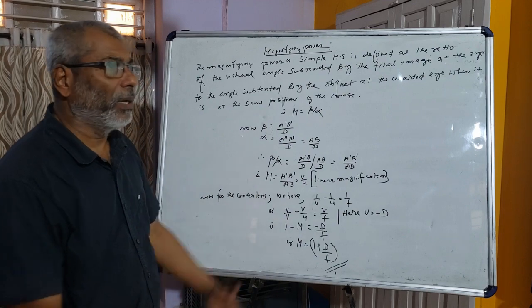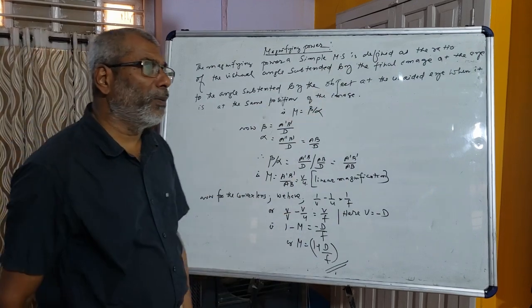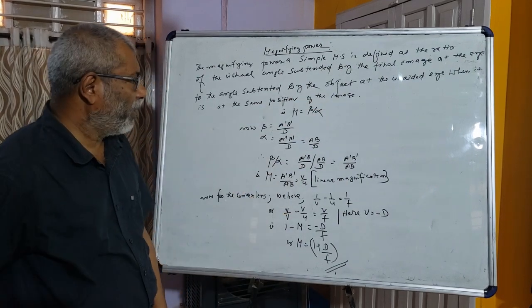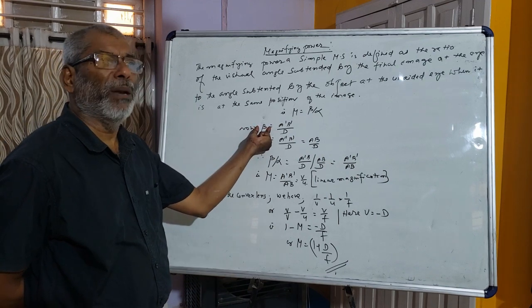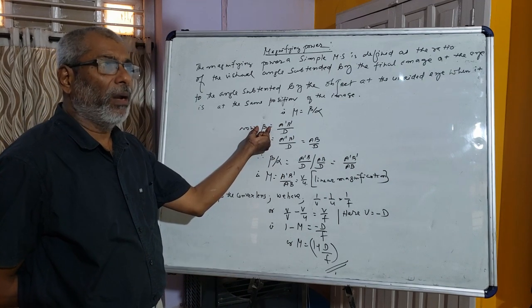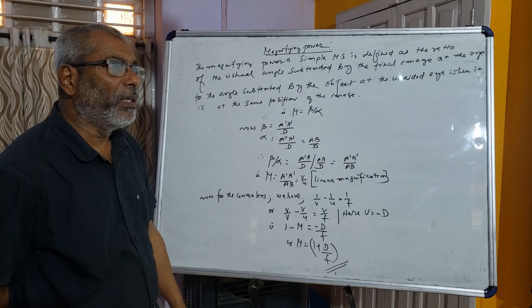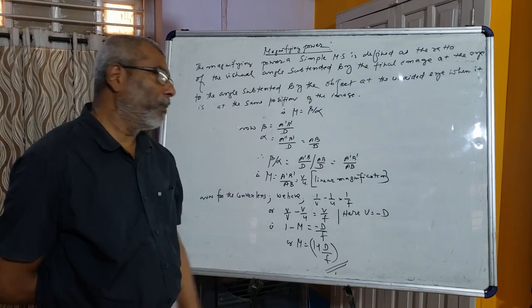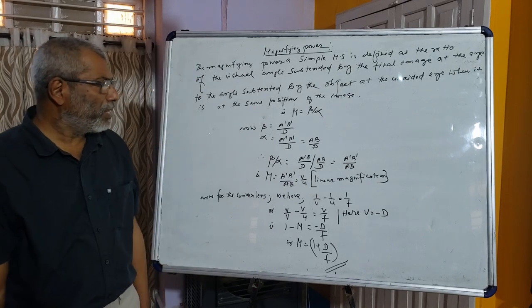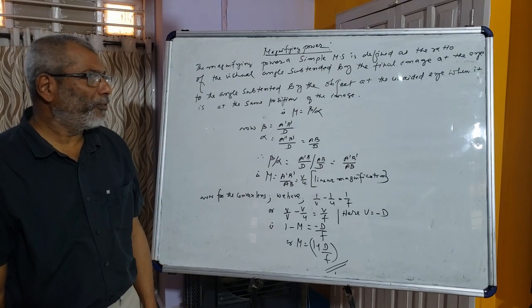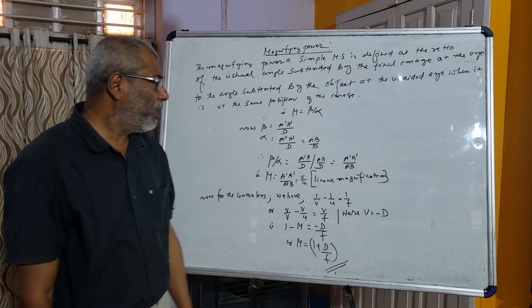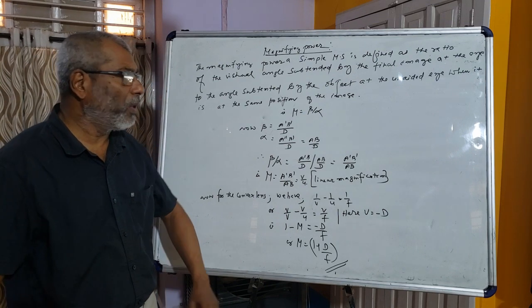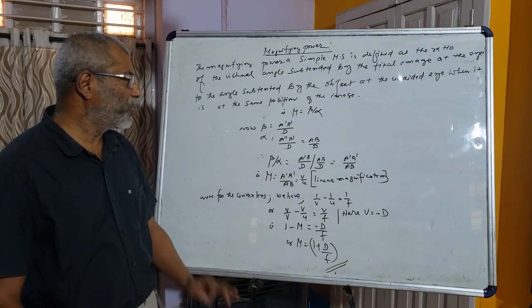Now, what is beta? From the ray diagram shown here, tan beta is equal to beta. Tan beta is equal to perpendicular by base. Base, from the figure you have seen, is the distance of the final image from the lens, which is capital D, because it is the least distance of distinct vision.